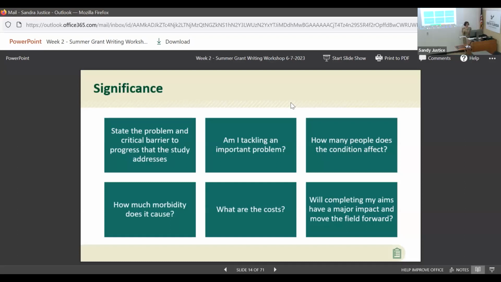And one of the things that is not listed here that you should always think about is who cares? If you do this project, but no one cares, it's not likely to get funded. You have to make them care. And if you don't know how to articulate that, the best way to brainstorm about it is to talk to people outside your field. So if you're in medicine and you're thinking, I think this problem is really important, talk to somebody maybe in economics or engineering and start getting their ideas and really fermenting what you're developing